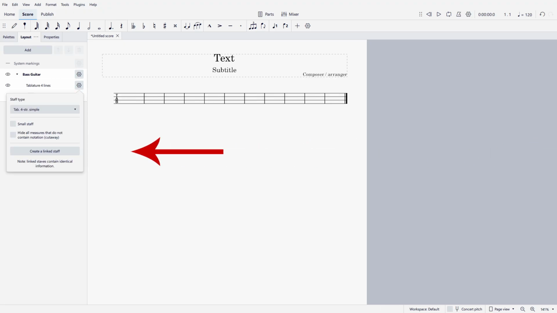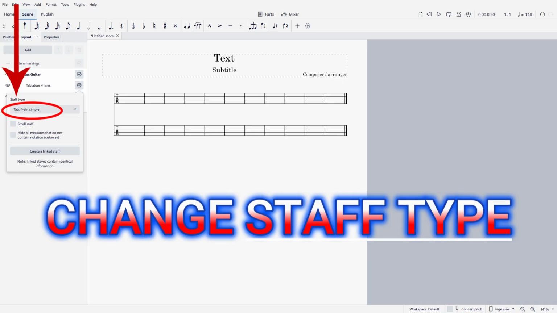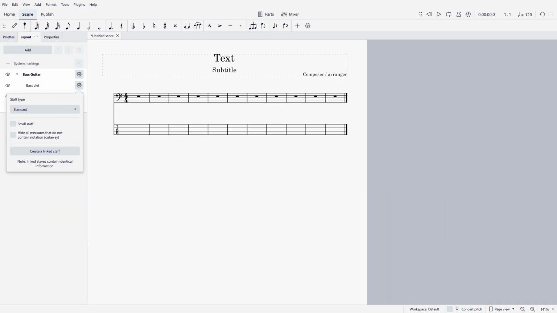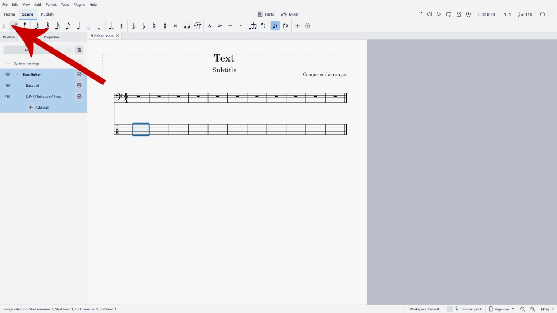The first thing I want to do here is go down and create a linked staff. Now we have our linked staff there. Now I'll go back up to tablature 4 lines and change the tablature 4-string simple to standard. Then click on the tablature link 4 lines and change that to 4-string simple. Now if I go up here and start tabbing, clicking on the pencil here or pressing the letter N as in Nancy,